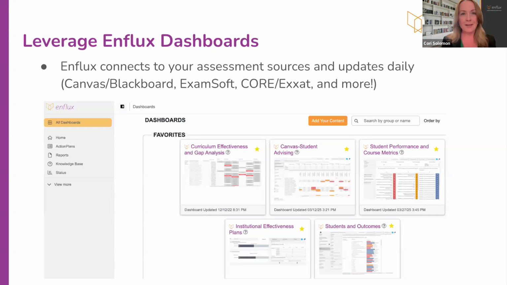And the other part of it is, are they even using the resources that are available to them in their Canvas shells, right? Like, are they opening the stuff? How long did they take? Did they watch the videos? Did they take this test for a certain amount of time? And then we're also releasing a student-facing portal.